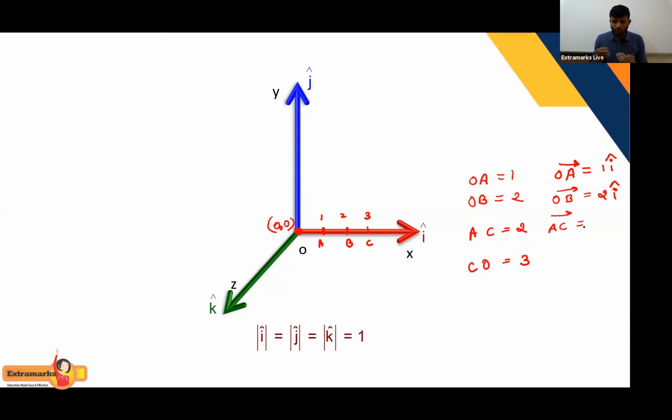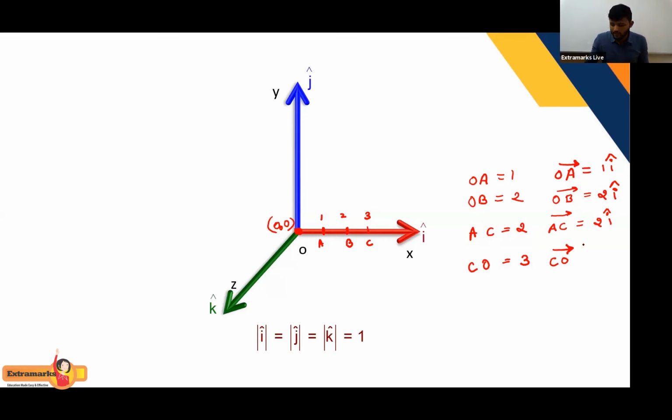Very good. It is 2 i cap again. Now think and say, what is the value of CO vector? Remember, your initial point is C, final point is O. You are going towards the left of it. You are going towards the negative direction, and when you are going towards the negative direction, it should show in the vectors